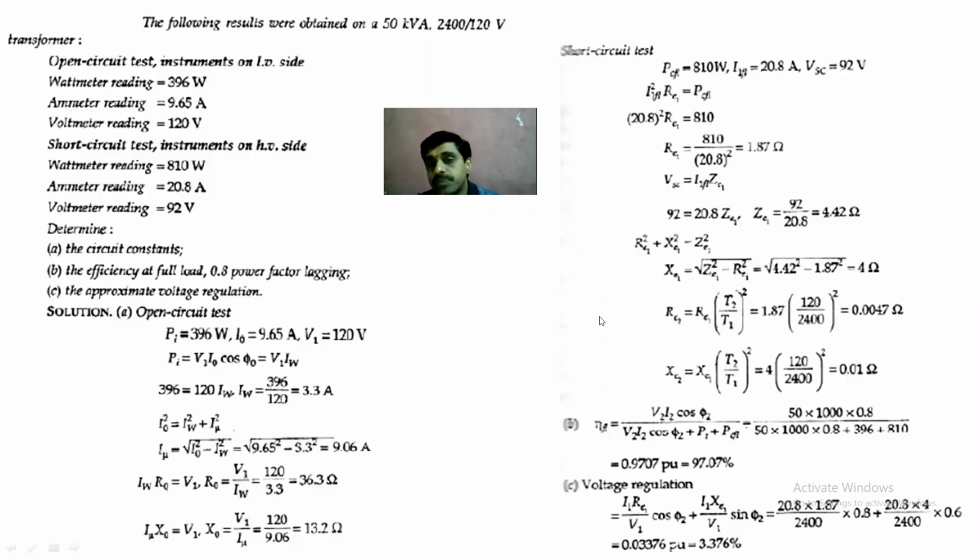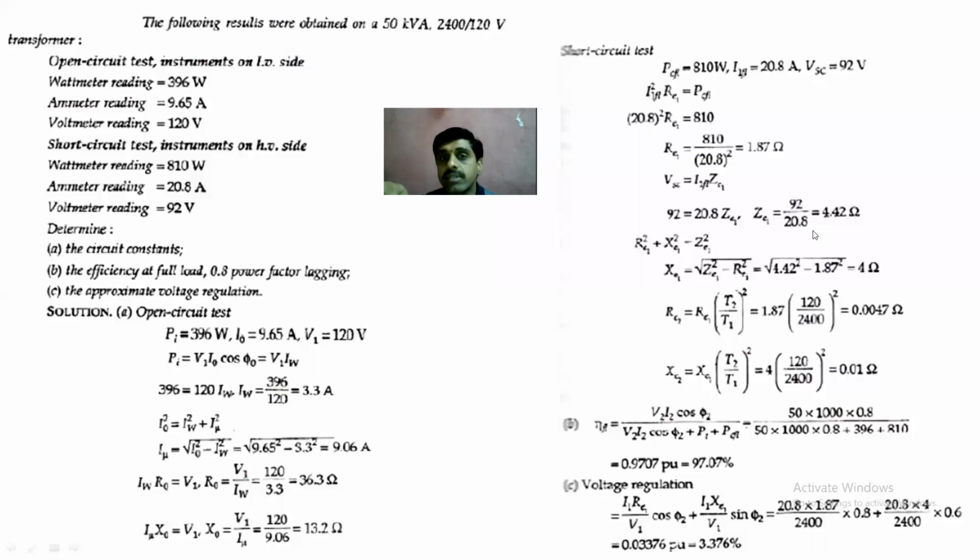But if you observe, we want the secondary side values R02, X02. So these are all primary side. Generally, how will we proceed? Directly we will take the values of the short circuit test results, copper loss, current and voltage, and directly use them for R02, X02. But clearly observe in the problem which side the instruments are connected, because that decides which side you are getting the R, X values. Here the instruments are connected on the HV side, so you are getting R01, X01, not R02, X02, because that is the primary side.